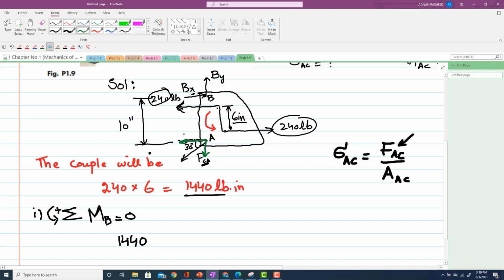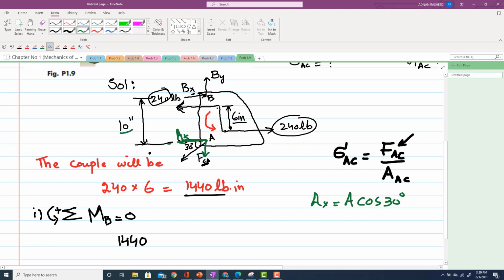The only force that will produce couple is the horizontal component of A, which is AX. So we have to find AX. Now from this diagram you can see that this AX is equal to A cos of 30 degree. Clear? So now this AX is the horizontal component. Clear? So it will definitely produce this force, and this is the perpendicular distance, that is 10 inch. So that will produce couple.